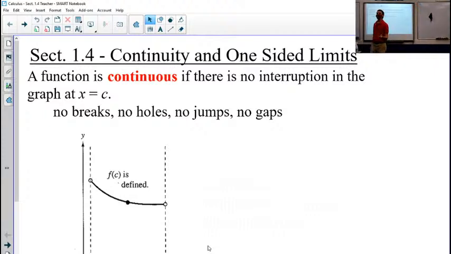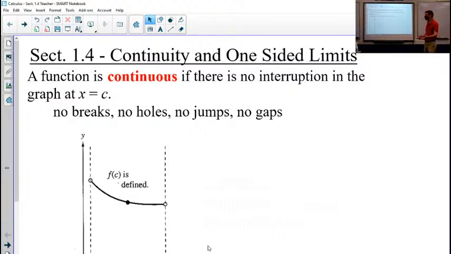And continuous, one way that I think about it is continuous means connected. And that means there's no interruption in the graph at x equals c. So if the function is continuous at a point, it means that there's no interruptions in the graph. What do I mean by interruptions? Well, a hole in the graph would be an interruption in the graph because there's not a point there. If there's some kind of jump in the graph, or if there's some kind of gap,